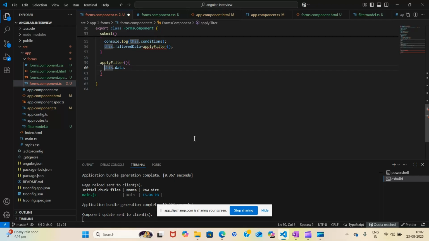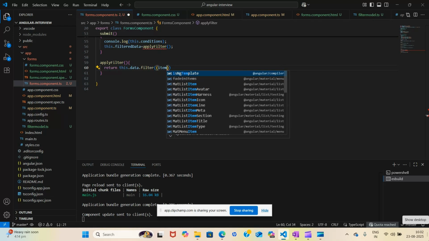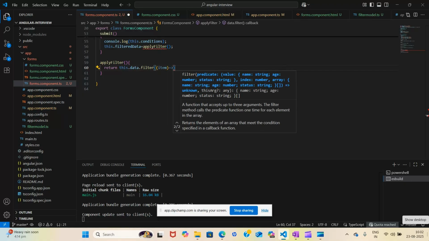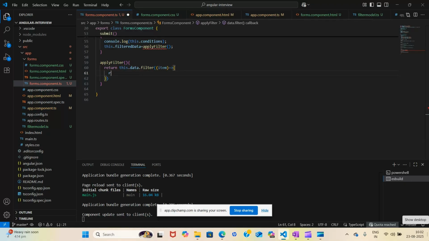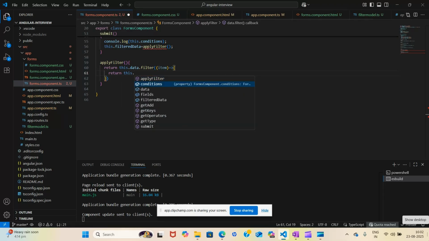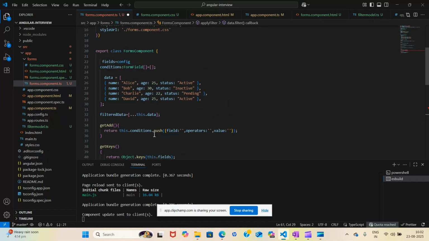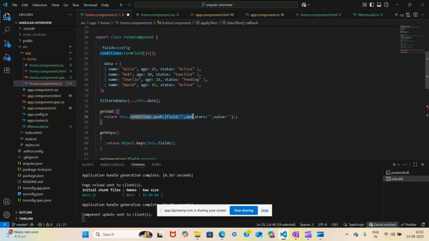So this is a function. So first of all we need to return. So on this entire data you want to do filter, right? So in filter, what I am saying is on which basis you should do filter: return this dot conditions array. Okay, this condition I earlier showed you, that in our conditions array these values have been updated, right?